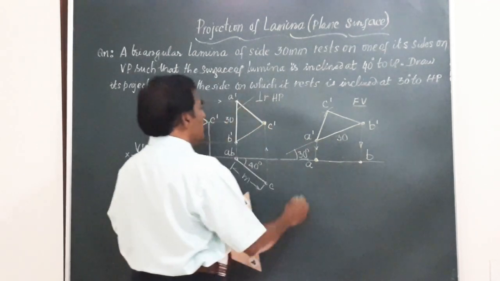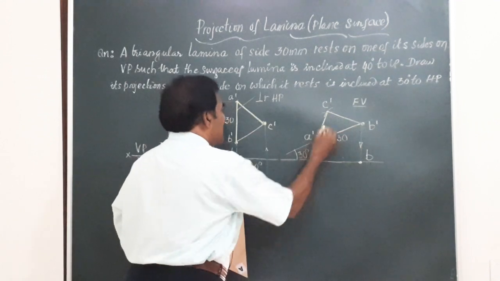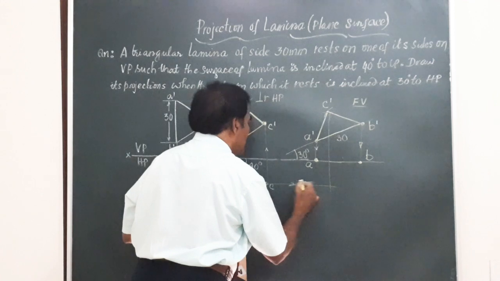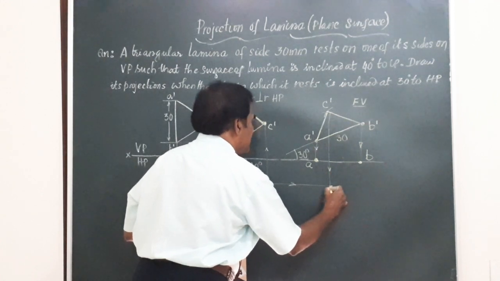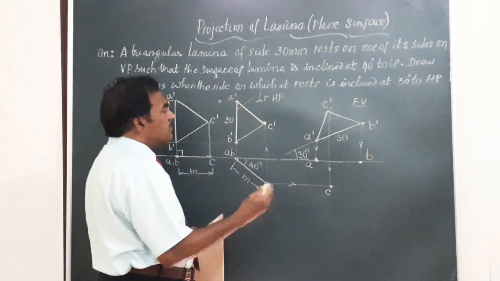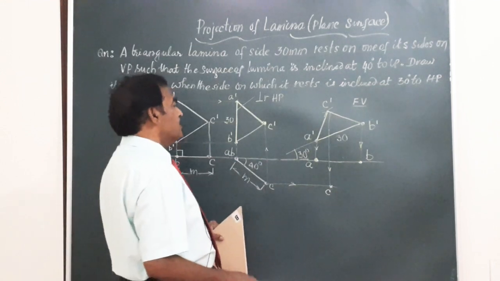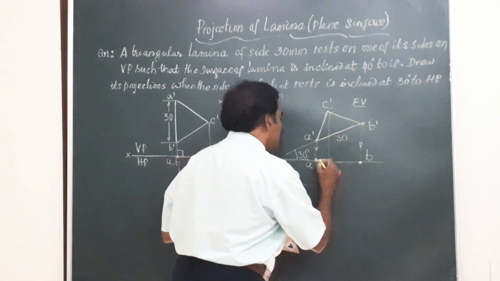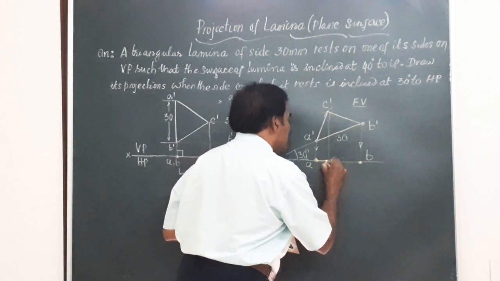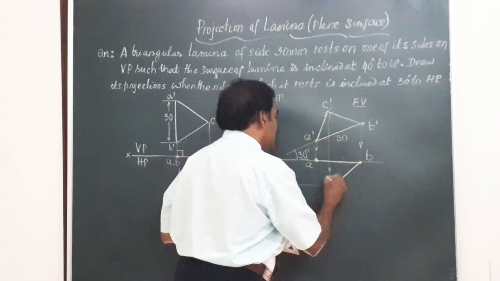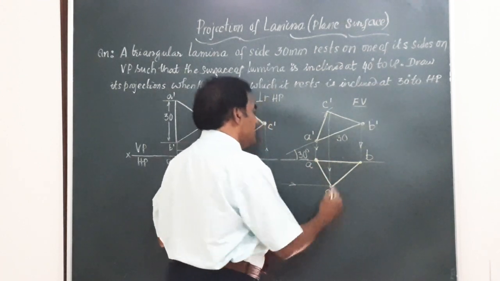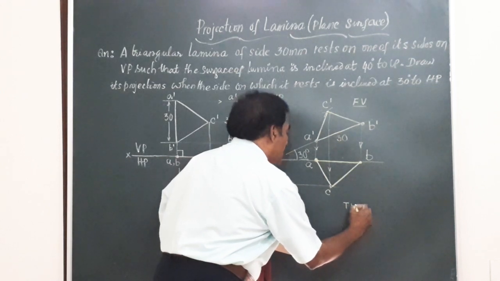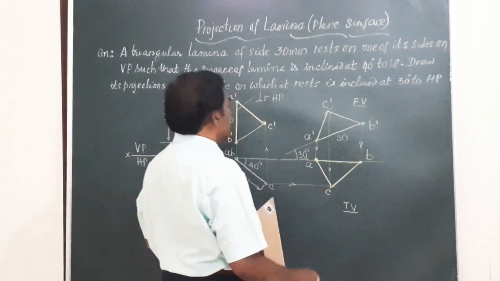Finally, vertical line from C and horizontal line from C, when you draw like this, they intersect at this point, which you call it as C. Friends, you have got all the 3 points of the lamina, that is, there are 3 corners in the top view. Just join them by straight line. So I am going to join A to B, B to C and C to A. Friends, this figure ABC will give you the final top view of the lamina, which is resting on one of the sides on VP.